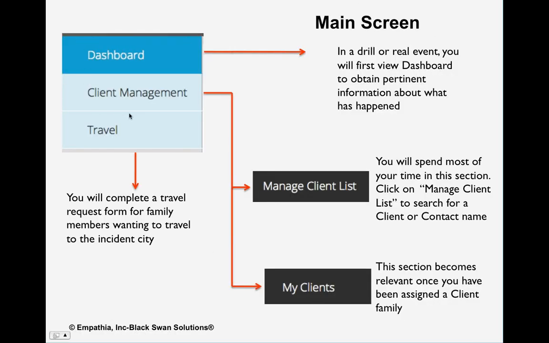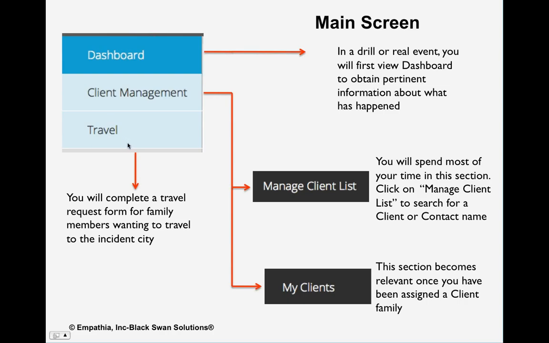This is the main screen. As you see, there are really only three sections that would be available to you and that you need to worry about. The first one is a dashboard that's going to give you the basic incident information. When we activate our call center responders, you're not going to get details about the client, organization, or exactly what happened. Our goal is to be as efficient and expedient as possible. So we're basically asking you, are you available? And you'll get the information when you log in.